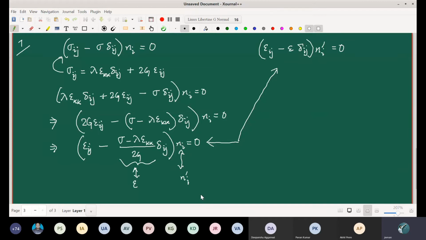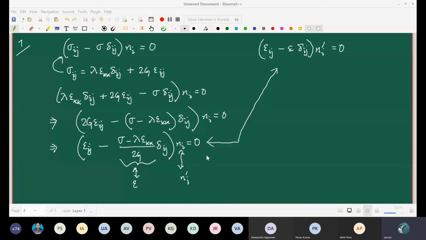We don't have to go about any roundabout way of doing it. Just by comparing the two forms, we can see that this is exactly the eigenvalue problem statement for the principal strains. So just by comparing the terms, you can say that this Ni has to be equal to this Ni dash. There is no other way, because the eigenvalue problem statement must be unique. Furthermore, this scalar term that we have is the form for the principal strains, and from this information we can obtain this thing.